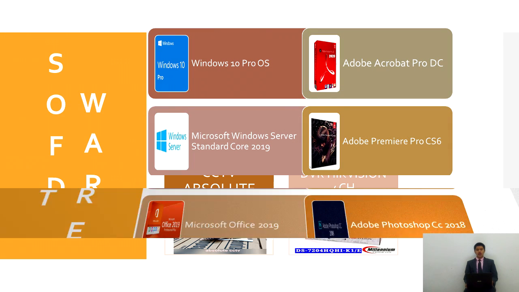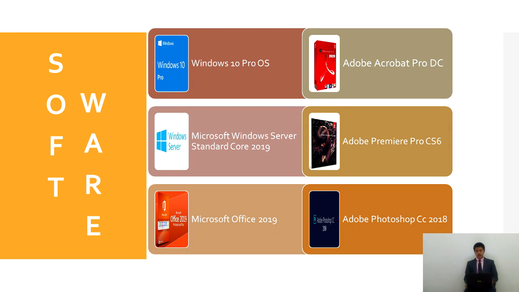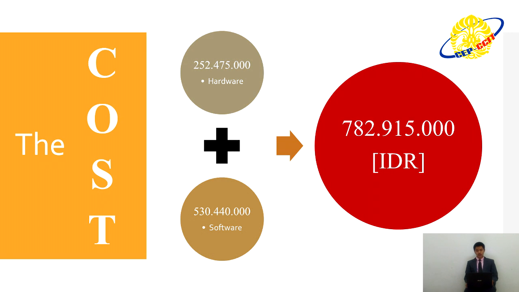After that, here is the software that must be installed on every PC that we use, such as Windows 10 OS, Windows Server, MS Office, Adobe Acrobat, Adobe Premiere, and Adobe CC, with a total hardware price of 252 million 475,000, and 530 million 440,000 for software, so that the total is 782,915